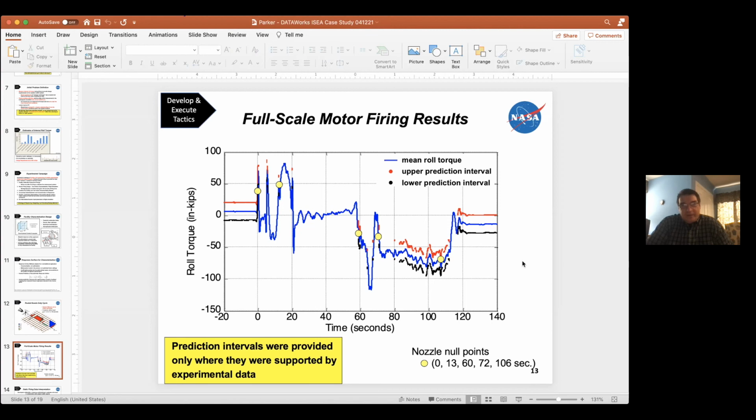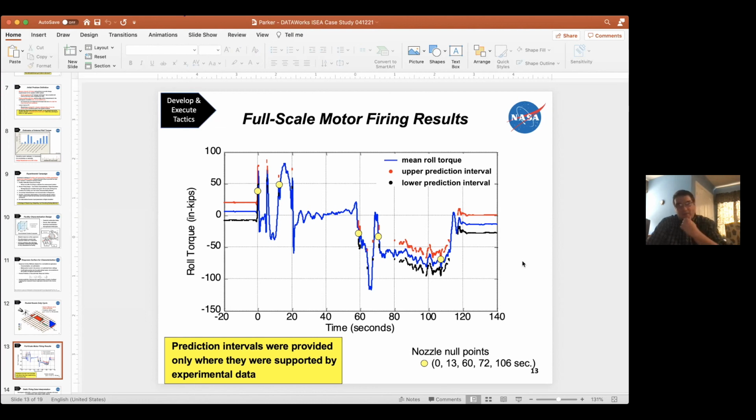Now, if you quickly look at that plot, you can see there's a downward trend. And that's where we spent a lot of time from the beginning to the end. And it turned out that there was a sensor that was temperature sensitive that determined when we were at 0 degrees, when the nozzle was directly aligned. And that temperature sensitive component was calibrated such that it was about right in the middle of the firing. It was biased in one direction near the beginning when the engine was cool. It was biased in the other direction toward the end when the engine was hot.